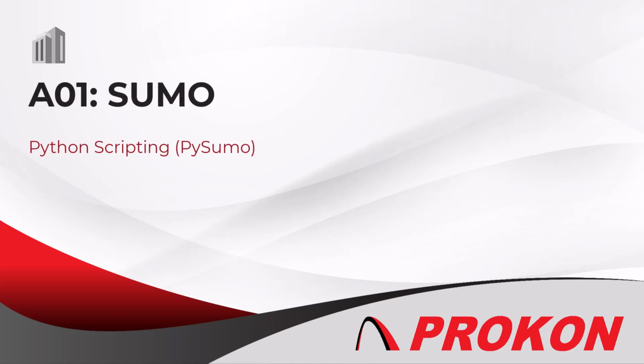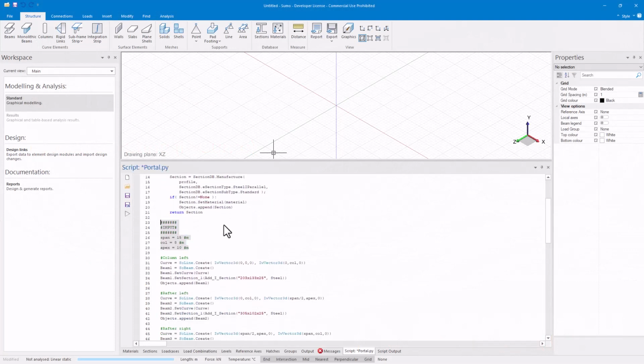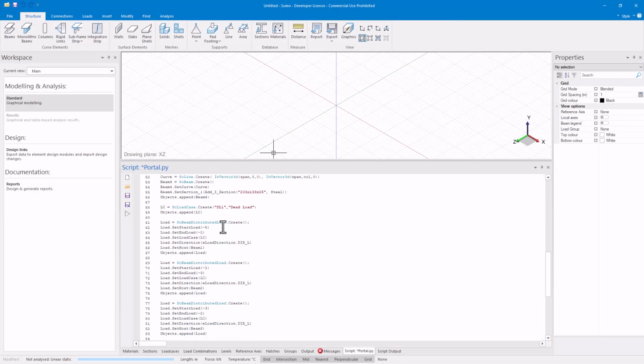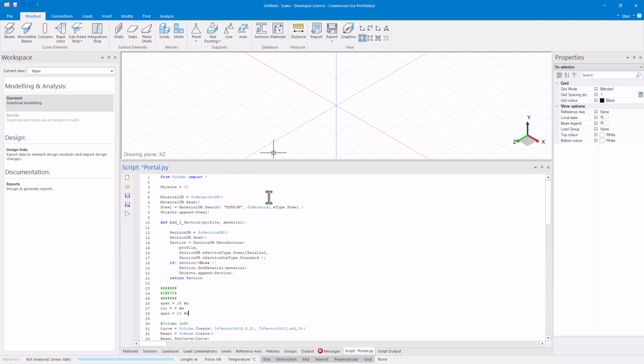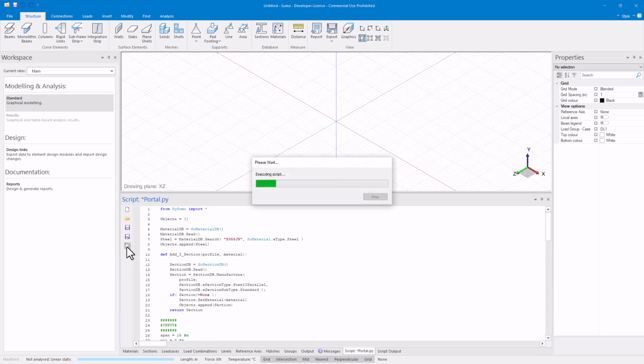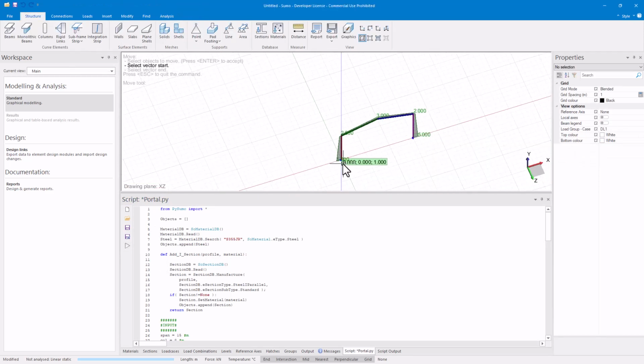We're proud to announce the launch of a Python scripting interface for Sumo called PySumo. Sumo now ships with a code editor that includes syntax highlighting for Python code. Gone are the days where you had to model everything using the graphical user interface. With PySumo, you can create models with Python code, which means that it's quicker and easier than ever to build